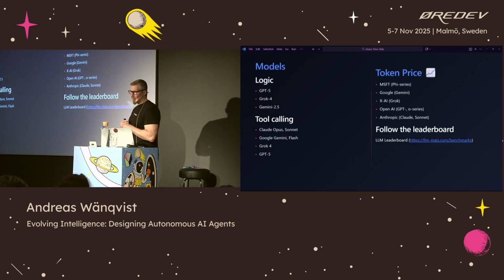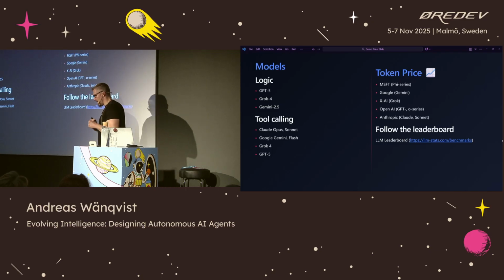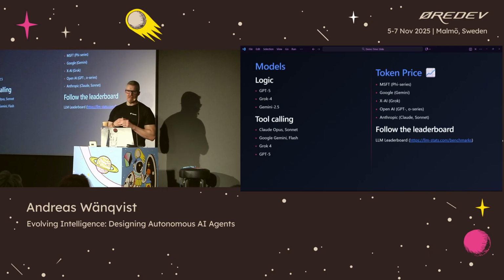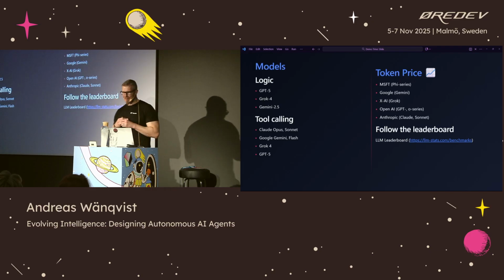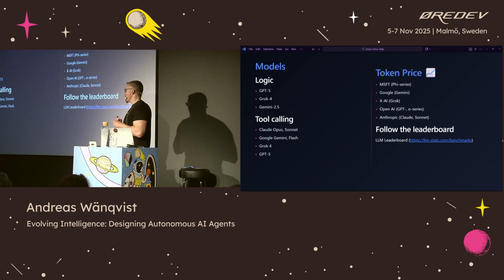Also, I promised in my excerpt to talk about models. Different models are different people, I usually say. They all act differently. Everyone might not have access to all the models. If you're looking at logic and you're writing agents that need to be smart and clever,